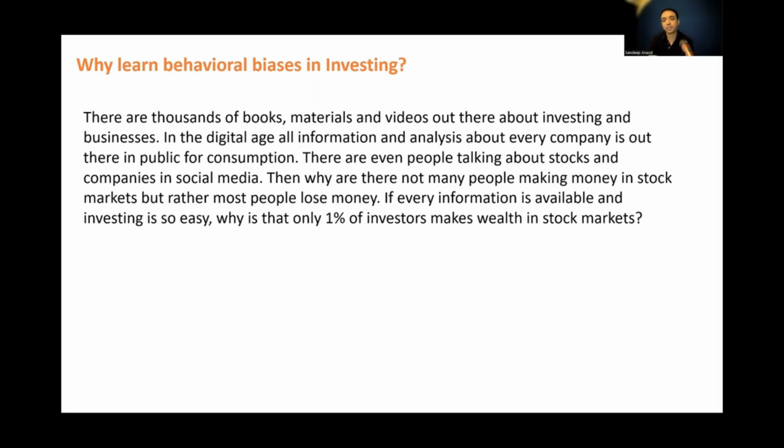Because information arbitrage existed. But in today's digital world, even before Warren Buffett reads something, we can get that information from Twitter or social media and Facebook, CNBC and all that, right? There are even people talking about stocks and companies on social media. So the information is unabated, it's a deluge of information, I would put it, right? It's a flow of information. So what advantage do local retail investors like us, common people, have, when all the information is